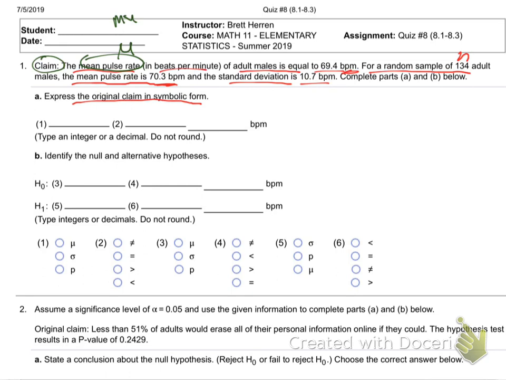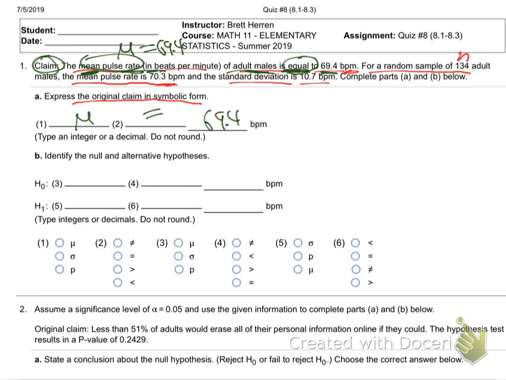It stands for mean. All right, so the mean pulse rate is equal to 69.4. That's the claim, right? The claim, mean pulse rate of adult males is equal to 69.4. Mu is equal to